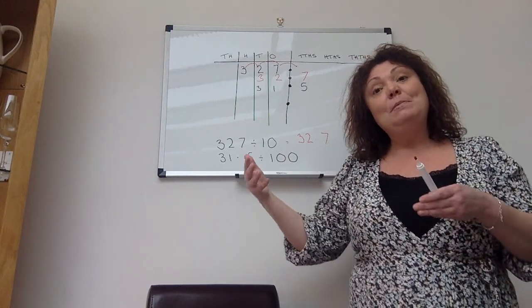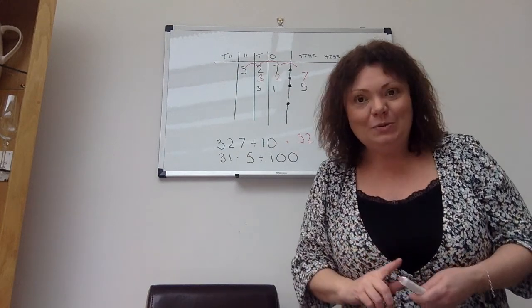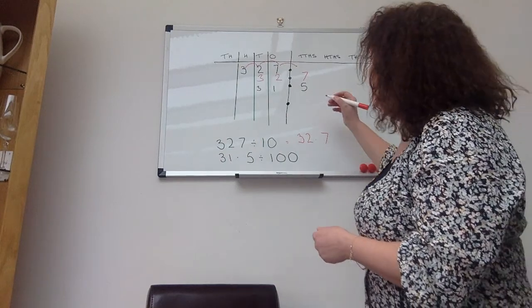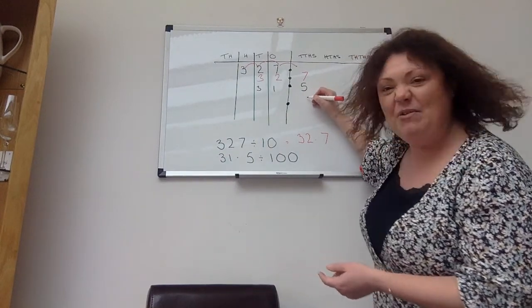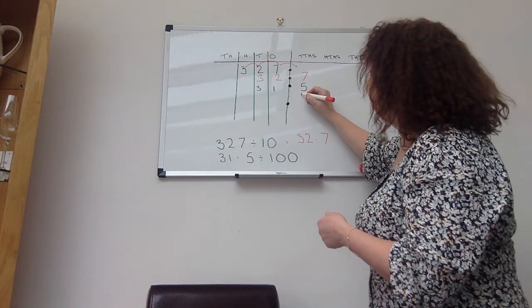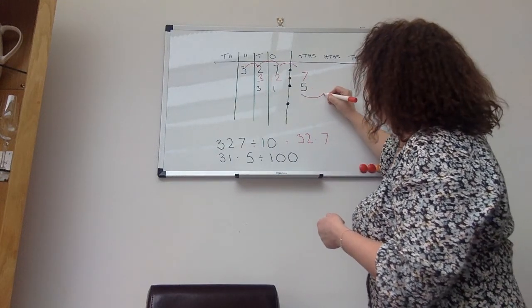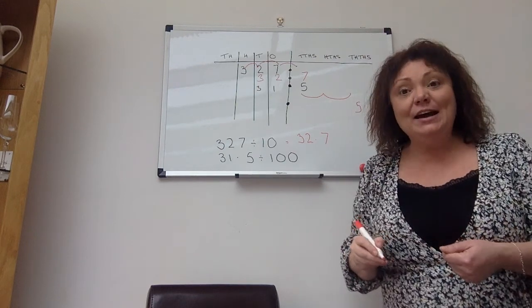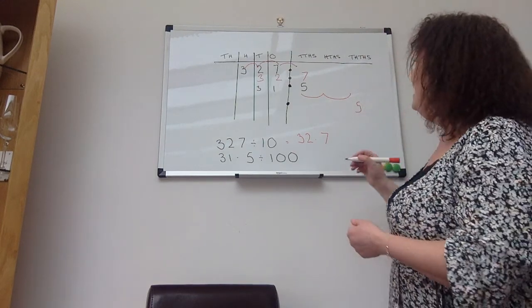So we are going to move it 2 places to the right. Okay, shall we have a go, Year 6? So we have got the 5. So I'm going to go under for this one, just so it doesn't make a mess on the place value chart. 1, 2. So we'll put the 5 in the thousandths column, okay?